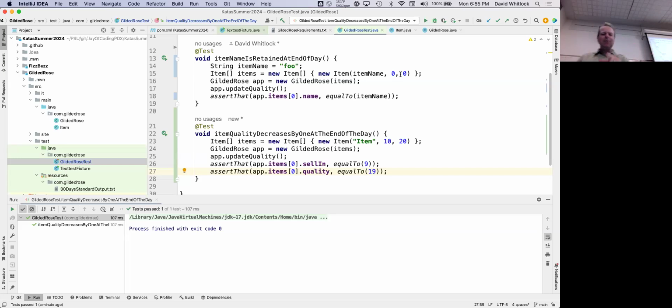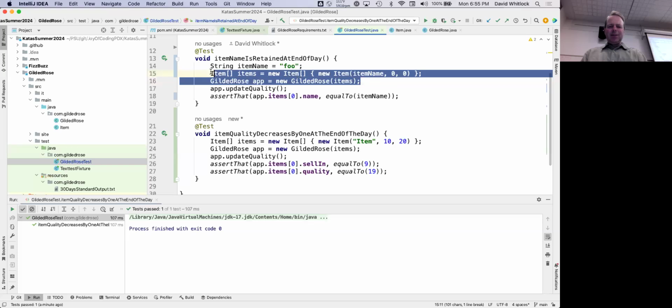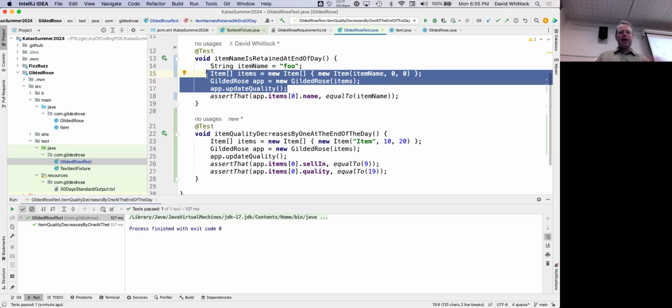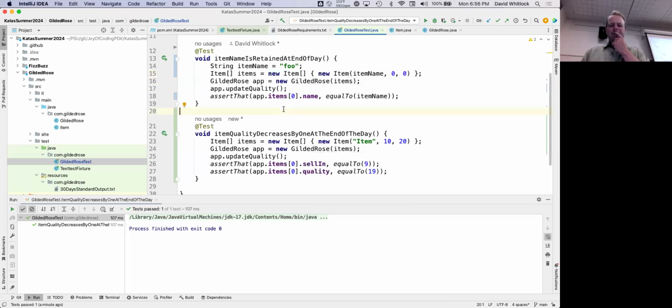I've written these tests, and I'm looking at this code, and I see some opportunities for cleaning it up, for refactoring some things. Like for instance, I've got this logic right here, actually all of this stuff, where I create an item, and then I assert something about that item. So I think I want to move some stuff into methods. I want to be able to pass in information about an item and then just have it return back the Gilded Rose object after already updating the quality.